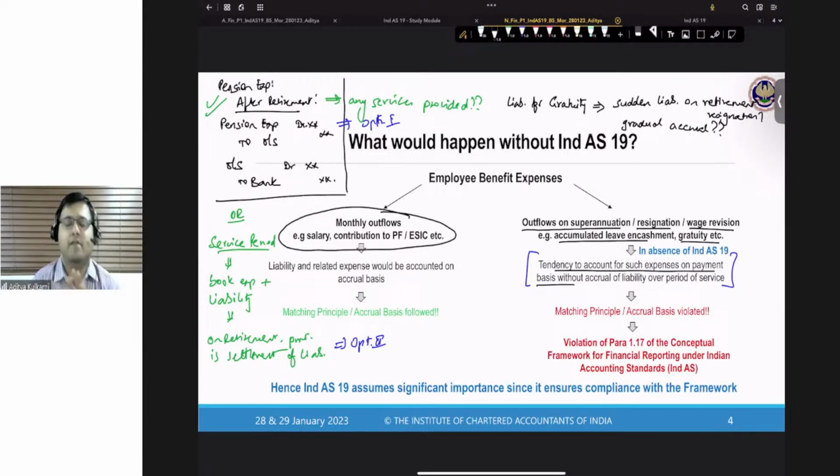The main pivot around which Ind AS 19 revolves is the accrual principle. An employee has given you the service, so you must record the cost matching the benefits that are derived from the services provided by the employees. So for instance, if he has given service and you are remunerating him, your remuneration could be in the form of salary, contribution to provident fund, or contribution to ESI. Your remuneration could also be in the form of pension or gratuity. Only thing is these costs are being deferred to a future period, and that is why Ind AS 19 guidance is needed to do the accounting for